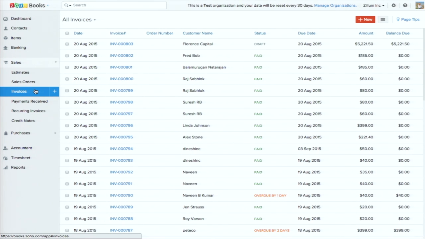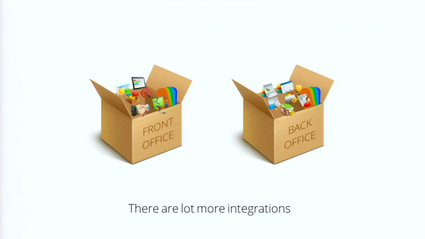See, there's a neat two-way integration between Zoho Projects and Zoho Invoice or Books. These are some of the examples of nice integrations between these systems. All right, so I just wanted to show a couple of examples on front office and back office, and that's what we looked at. On the front office, we looked at CRM integration, bidirectional, both on the web and on the mobile. We also briefly looked at Campaigns and SalesIQ integrations as well. On the back office, we looked at integrations with Books and Projects and several others as well.